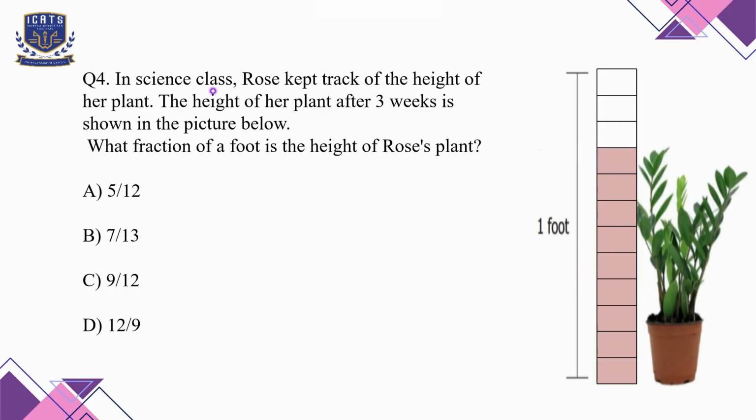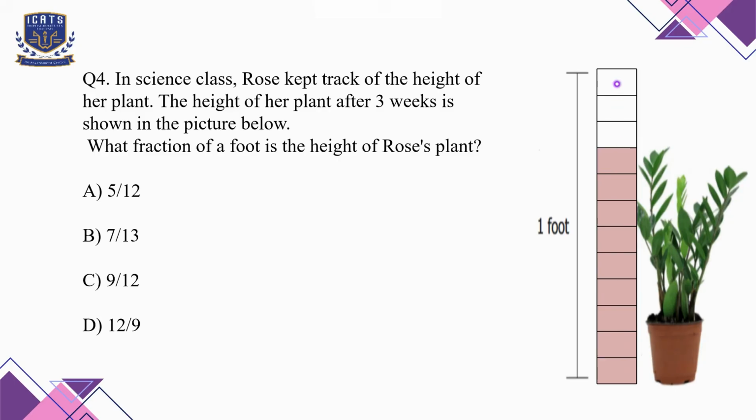Question number 4. In science class, Rose kept track of the height of her plant. The height of her plant after 3 weeks is shown in the picture below. What fraction of a foot is the height of Rose's plant? Option A 5 by 12, option B 7 by 13, option C 9 by 12 and option D is 12 by 9. So now we can see that there are 1, 2, 3, 4, 5, 6, 7, 8, 9, 10,